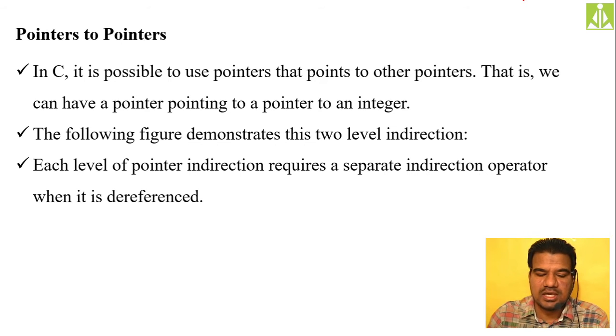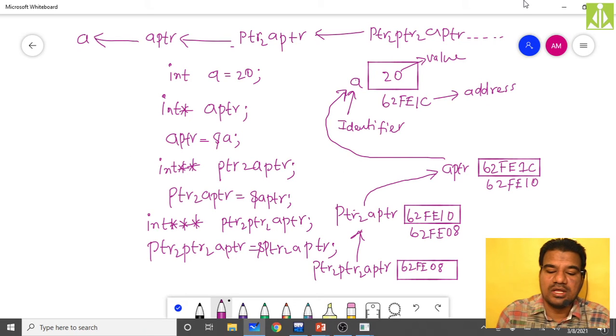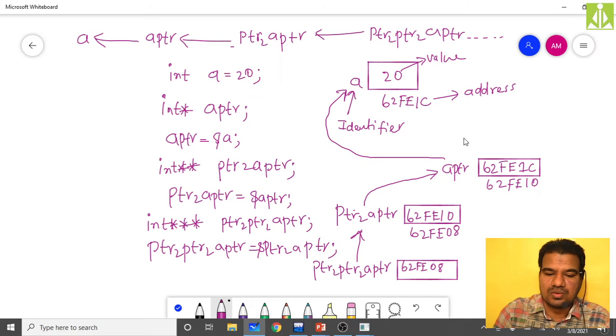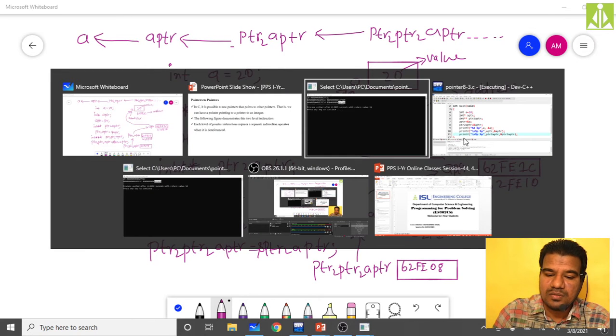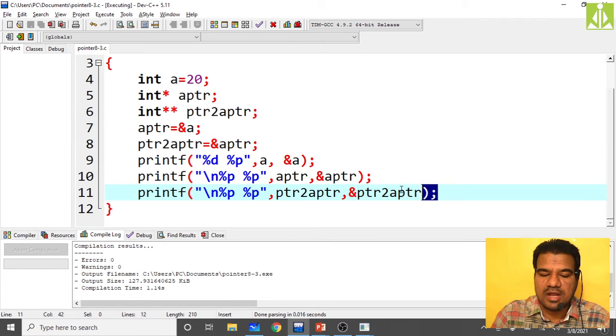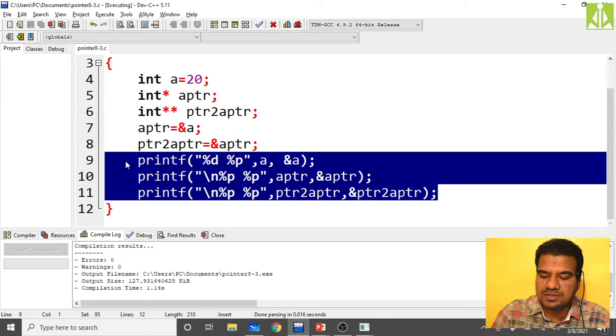So this discussion: each level of pointer indirection requires a separate indirection operator when it is dereferenced. Now how do we do the dereferencing? In order to get a's value from the pointer APTR, just go to your IDE. I have stored the address of a into APTR. Now I will remove all these things because this concept is over.